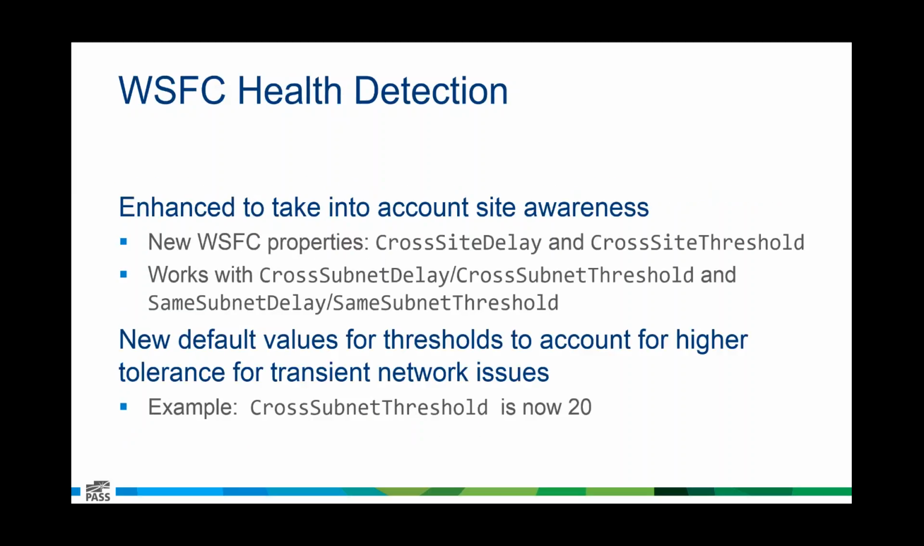They've also, because of the site awareness stuff, enhanced some of the properties to handle networking underneath the covers, and based on experience, they've upped some of the thresholds to allow for transient issues with your network. For example, cross-subnet threshold is now a default value of 20, where it was lower than that before. There are about 6 or 7 of them that are changed in Windows Server 2016, but the one nice thing